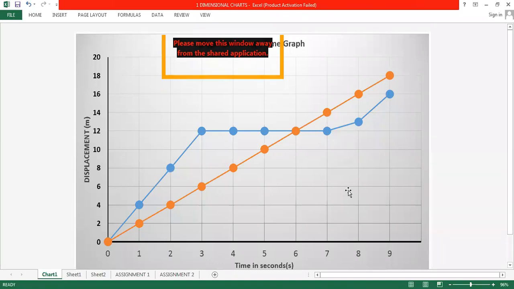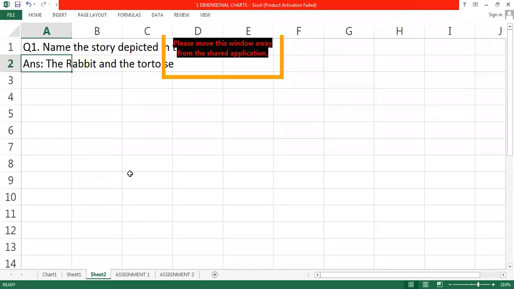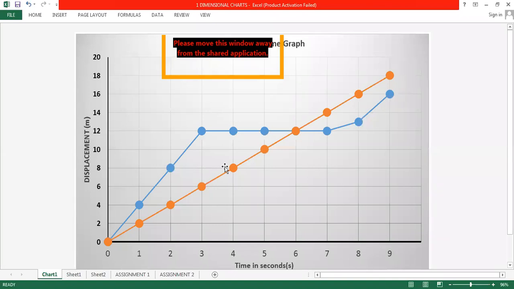Yes, Ruchir, this is the second graph now, beta. So what is this? This is a very, very famous story. From our childhood days, you must have heard about this story, and this story is about the hare and the tortoise. Exactly. It's about the rabbit and the tortoise. So this is that story. Look at this story. Isn't it the rabbit and the tortoise? If you check it carefully, you'll come to know that it's the rabbit and the tortoise story.